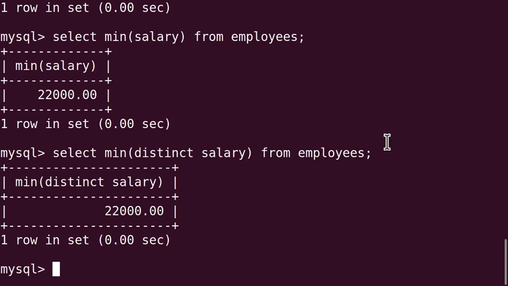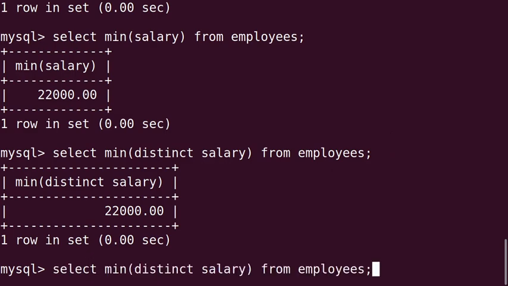Next we will see the effect of this max and min function on the other field.